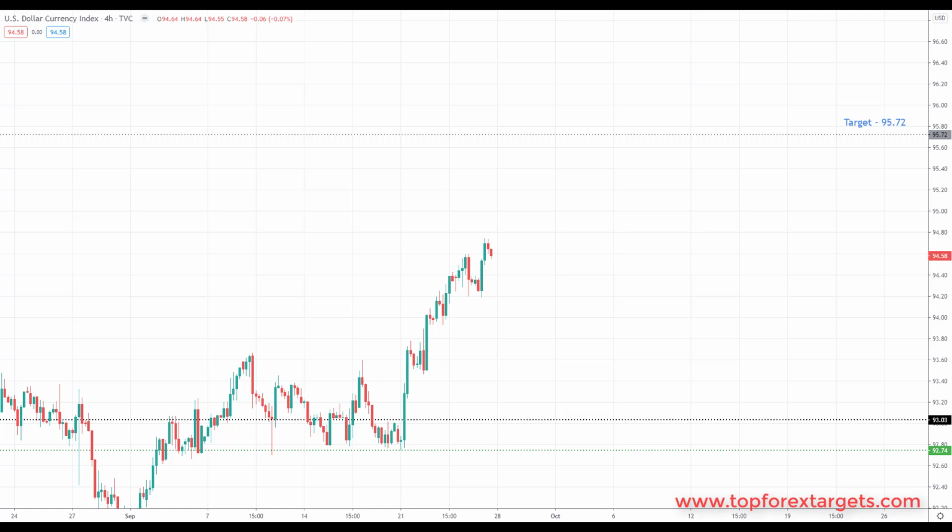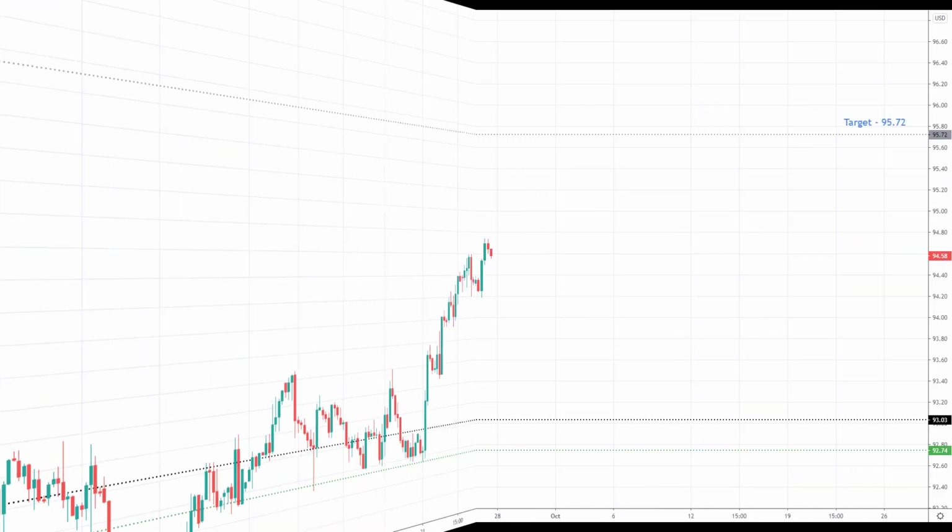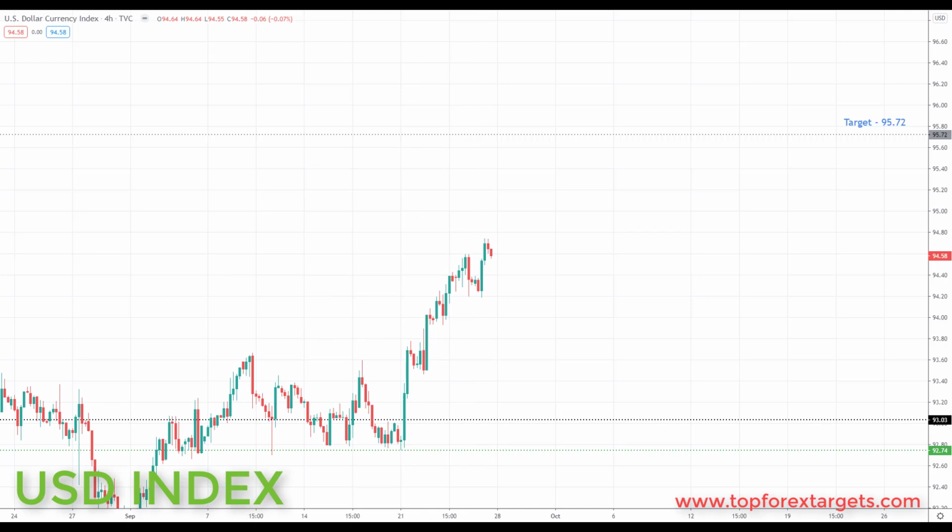Let's jump over to the charts and see where the money is this week. As always, we're going to start off by looking at the US dollar index. Now, last week we started the week right here, and we highlighted in last week's video we were looking for a rally into the next key of resistance to the upside at the 94.32, which was right here. And we did have a really nice rally into this target set from last week.